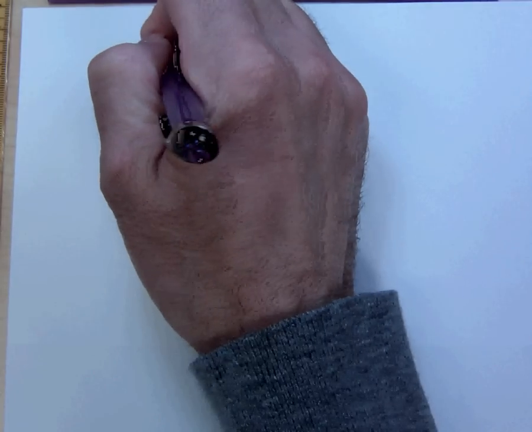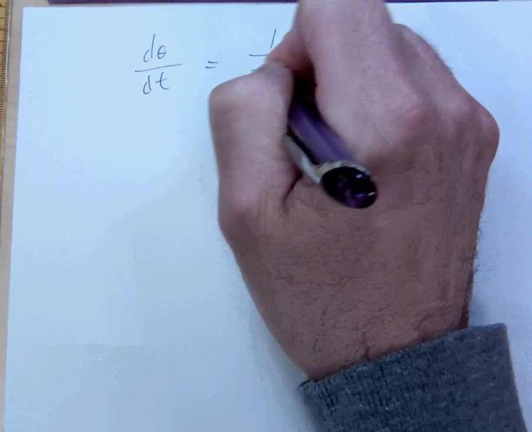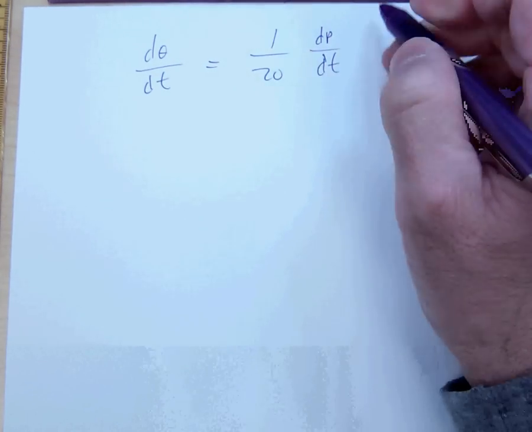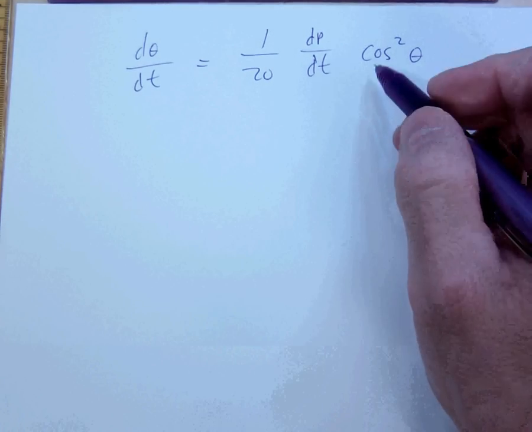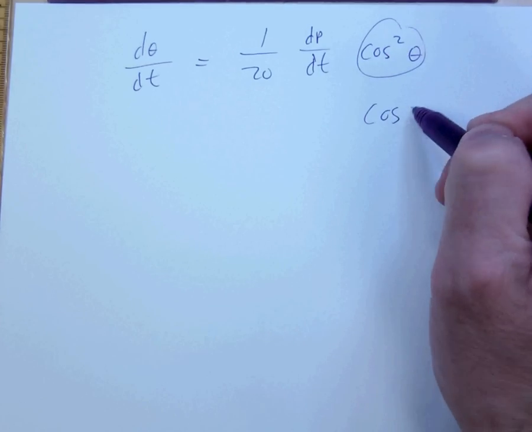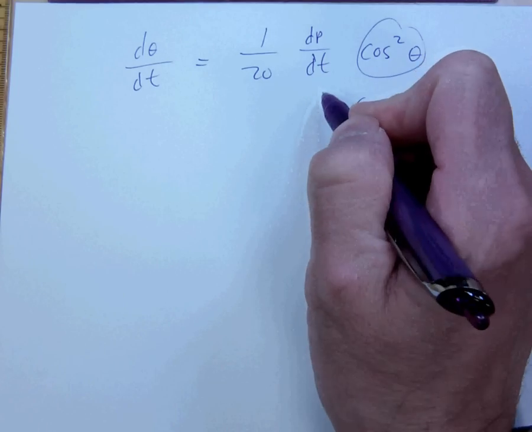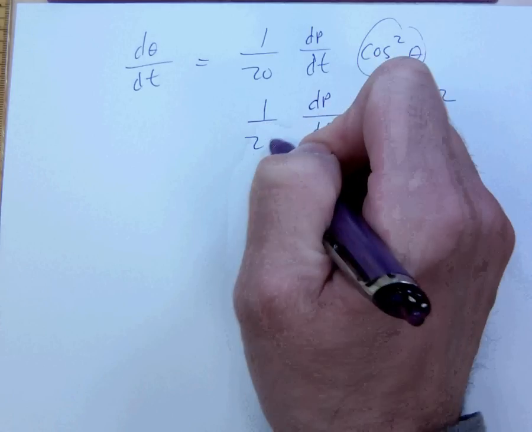I've got this. And you guys, I want you to write this as cosine squared, like that. Okay? All right, so if I'm going to be able to find d theta dt,